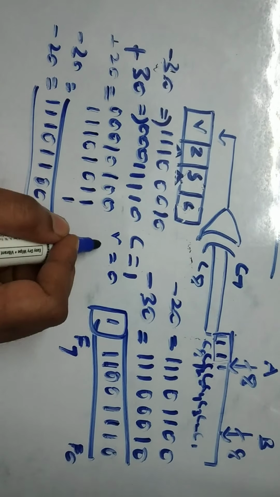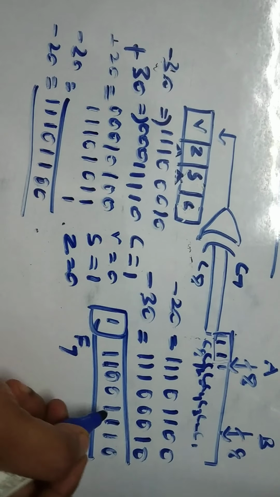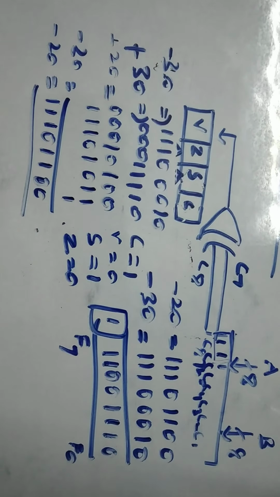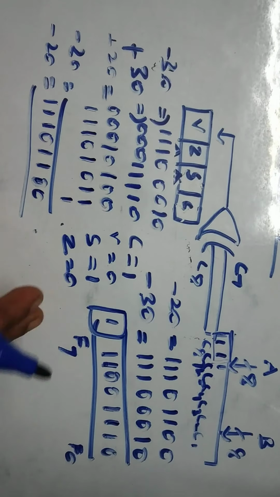So what is the next one? Sign bit value. So what is the result? It is 1. And Z value is 0, obviously, because you are getting non-zero value in the result. So your Z value is also 0. This is how the status register bits will be updated according to the result.